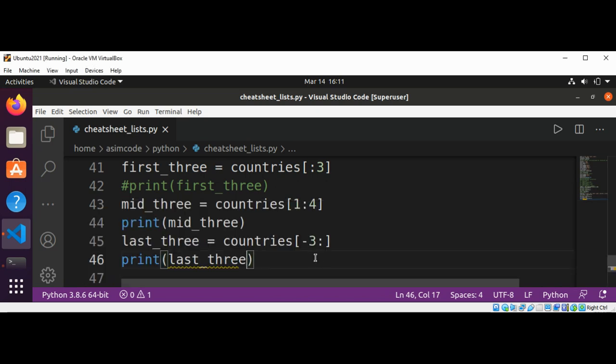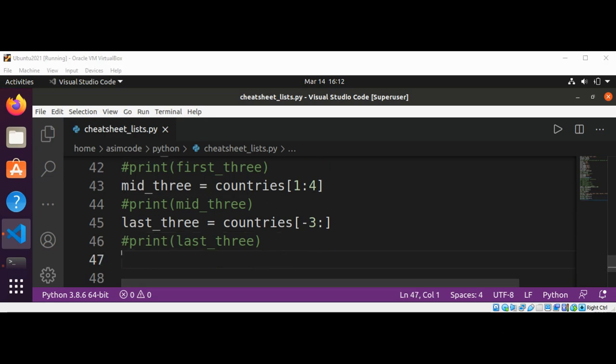Now we are going to learn about copying a list. Before that, I will comment these two lines. To copy a list, make a slice that starts at the first item and ends at the last item. If you try to copy a list without using this approach, whatever you do to the copy list will affect the original list as well. So making a copy of a list,